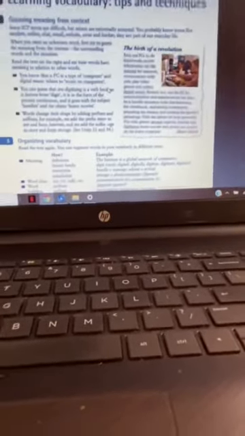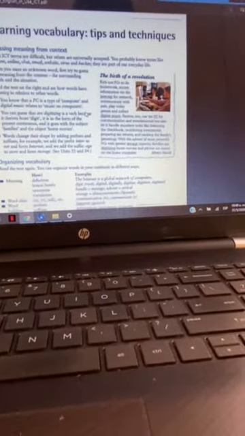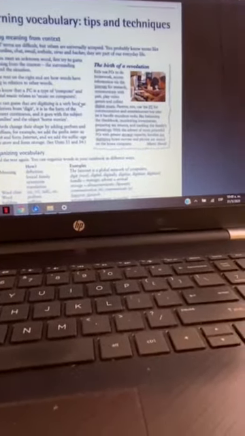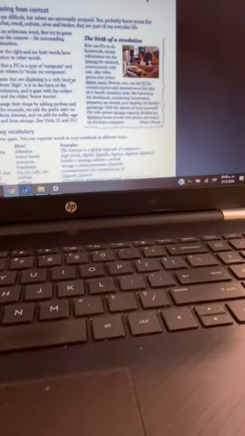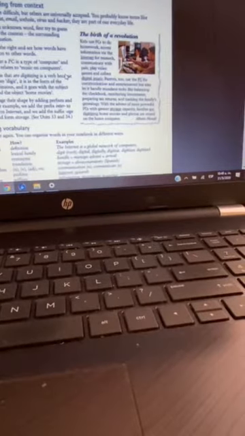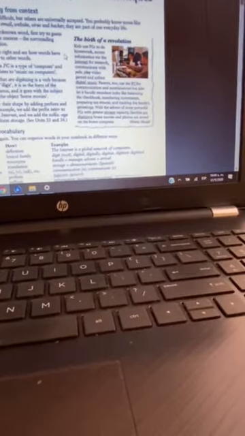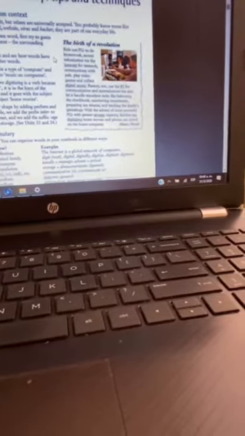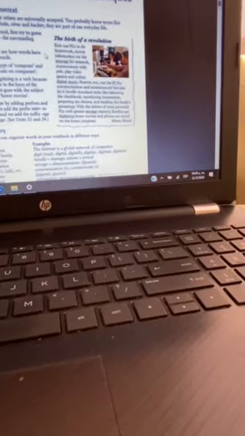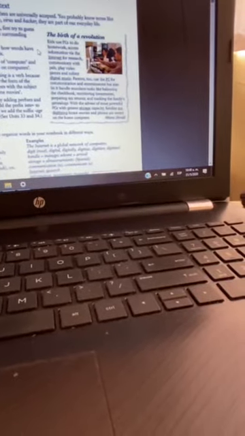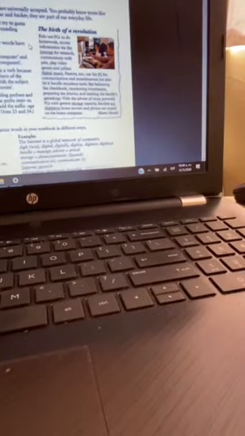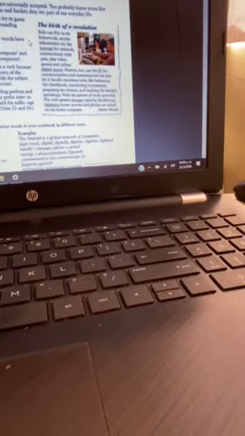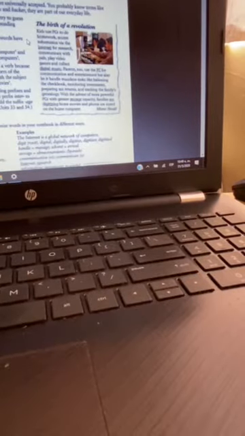You know that a PC is a type of computer and digital music relates to music on computers. You can guess that "are digitizing" is a verb because it derives from digit. It is in the form of the present continuous, and it goes with the subject families and the object home